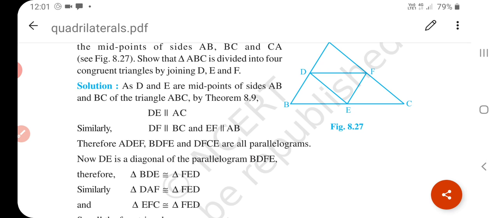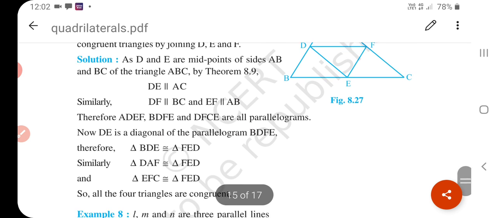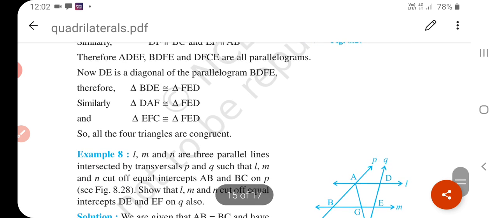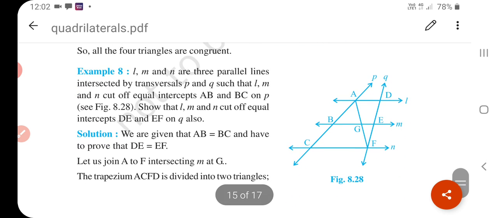Okay, understand? Because we know that in a parallelogram, the diagonal always divides it into two congruent triangles. Okay, the diagonal of a parallelogram divides it into two congruent triangles. It's our first theorem. So you can see it. So all the four triangles are congruent to each other. Now next one,